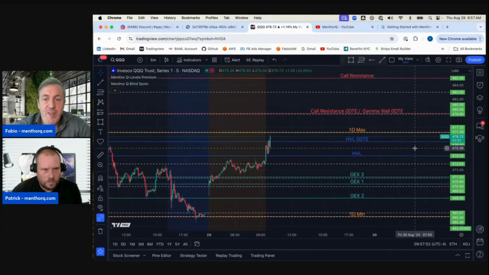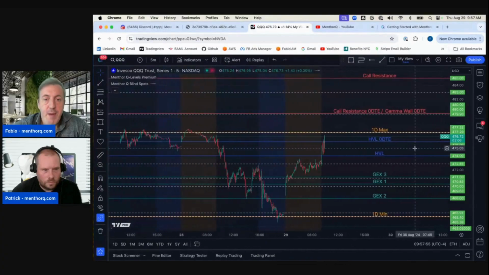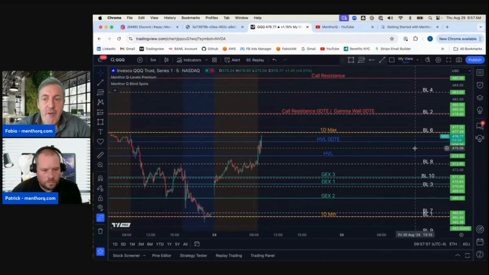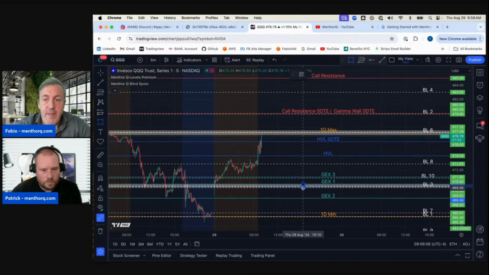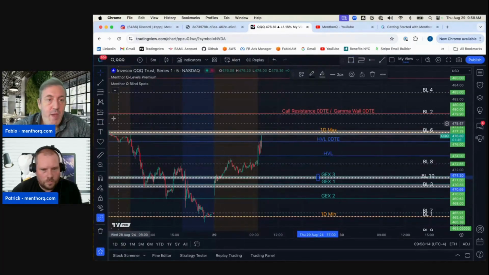So I plot my levels into the chart. Again, by looking at the past, I can map out my areas. I can come here and map out all the relevant areas that I'm monitoring for the day. For example, here we have some important areas that are overlapping with our blind spots. We have our Jacks tree, and then we have our